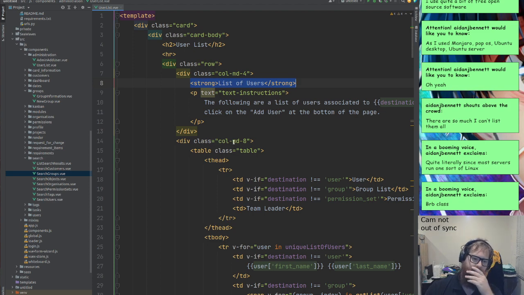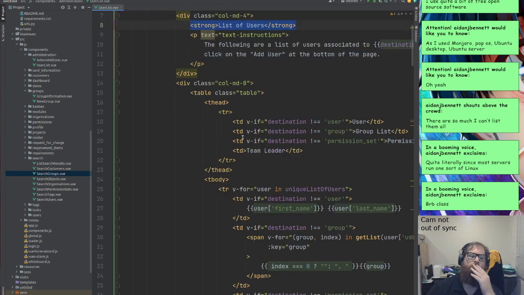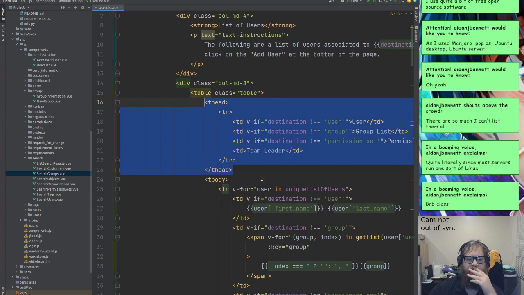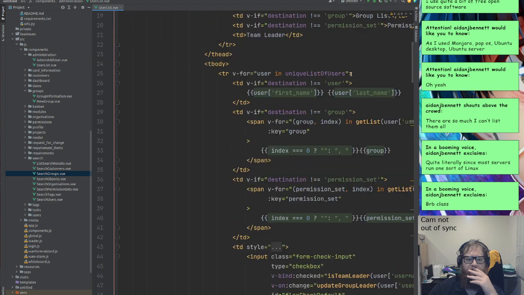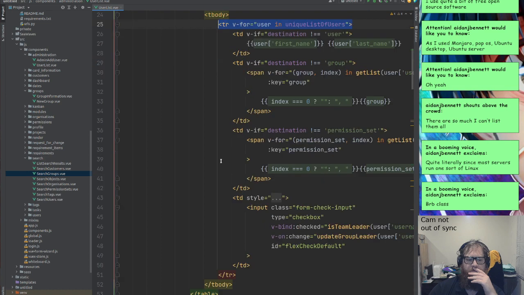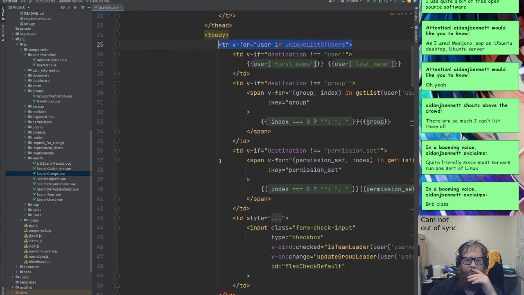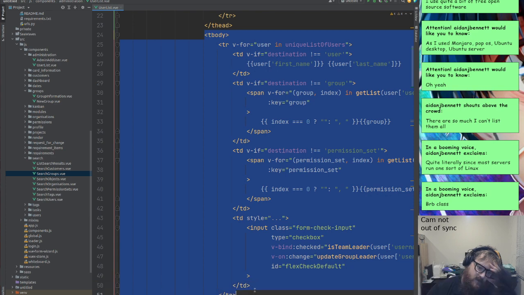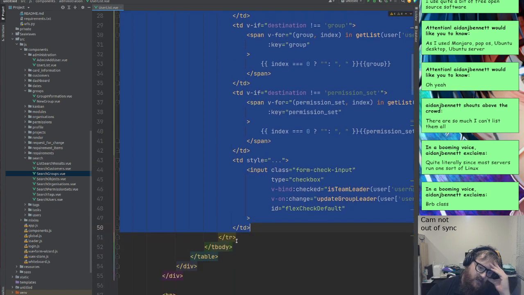All right. So here's our table. It's always going to be like that, but we'll need a loop like this when it is users. So instead of having it like this T body,